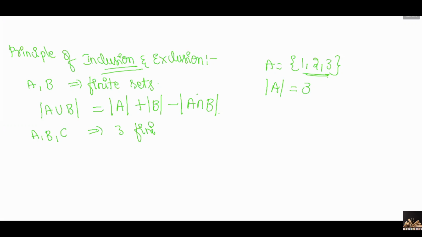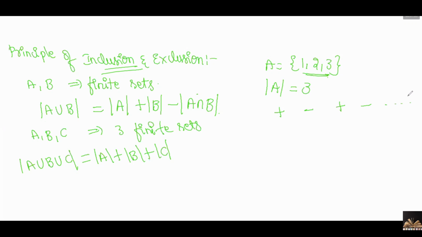So suppose A, B, C are three finite sets, then the principle of inclusion and exclusion says that the cardinality of A union B union C is equal to the cardinality of A plus the cardinality of B plus the cardinality of C. First, you need to take single sets at a time. Next, you have to take two sets at a time. Next, three sets at a time. If there are four sets, then you have to take four sets at a time, right? Now, while writing this formula, it first starts with plus, next minus, next plus, next minus, and it will continue.